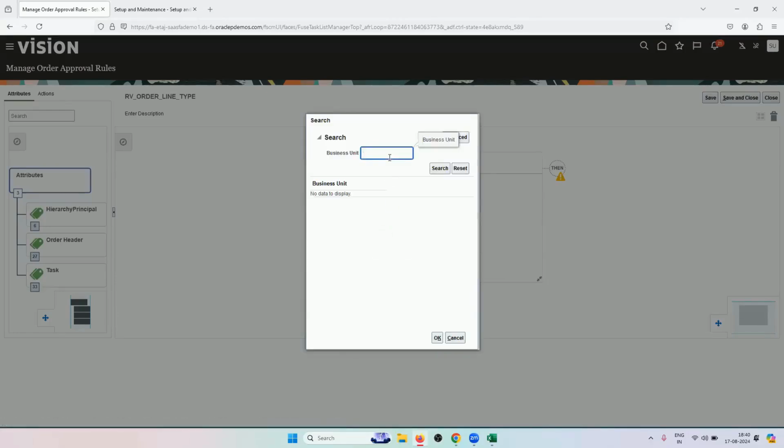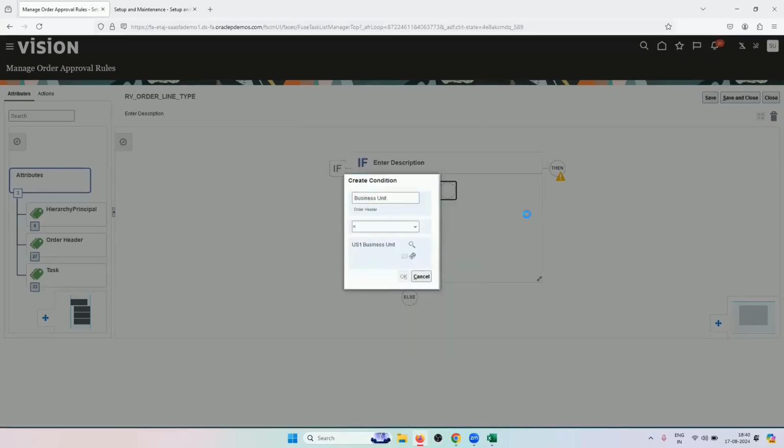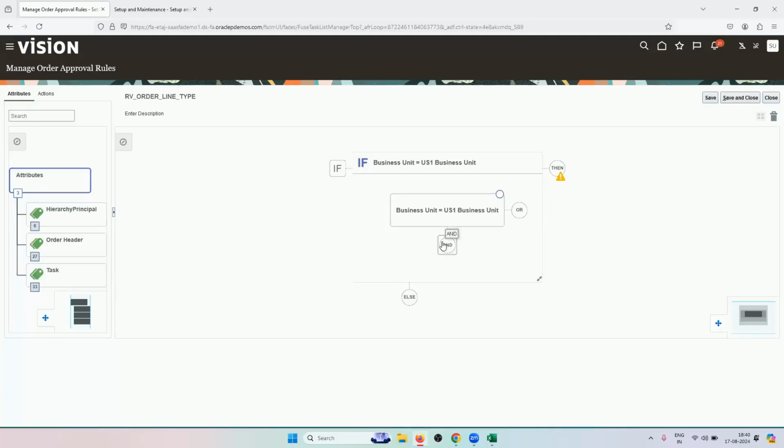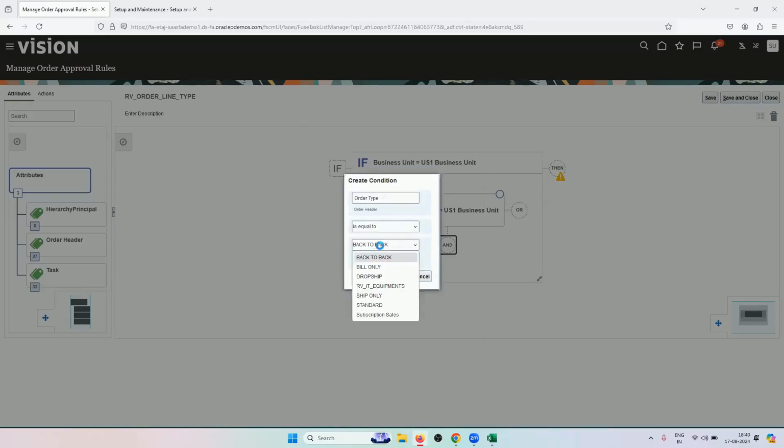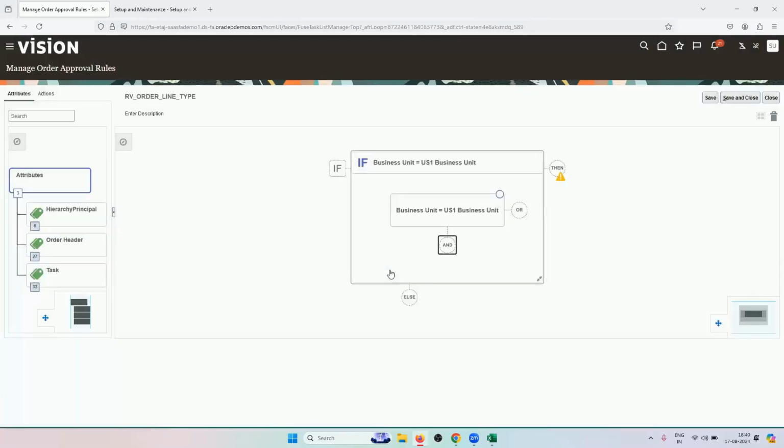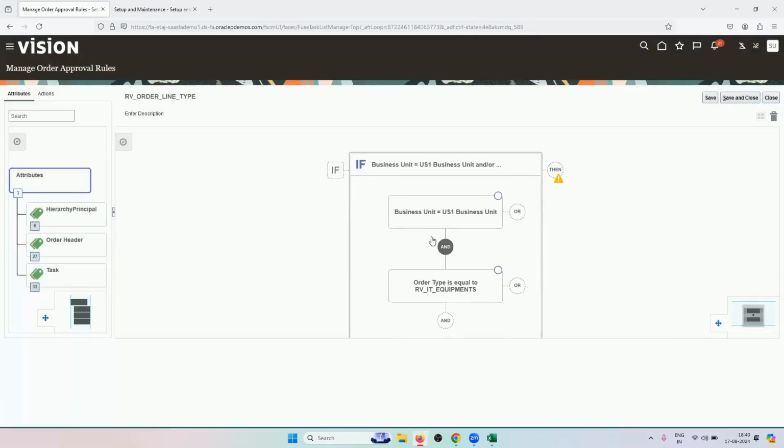So if the business unit is US1, click on OK, and order type is equal to, see, now this is coming, RV active equipments. Order type is equal to RV active equipments and